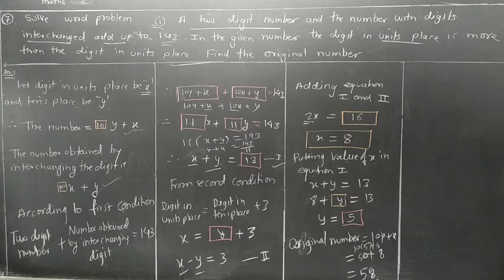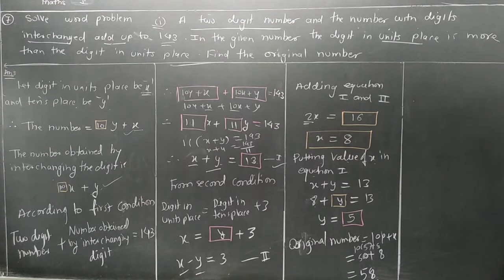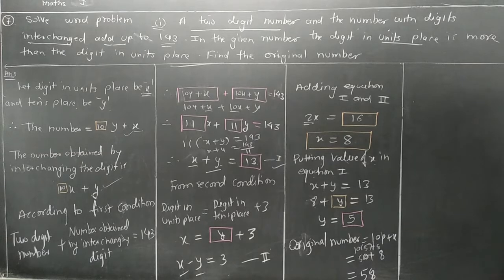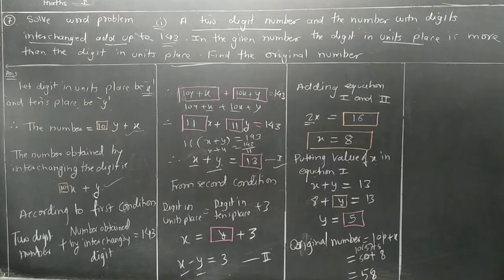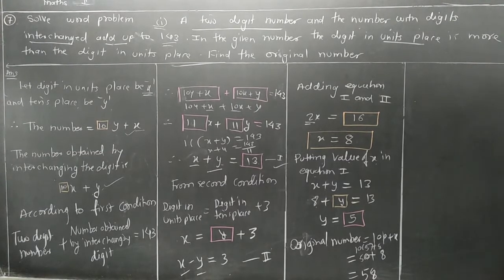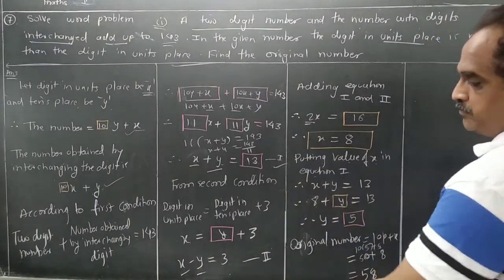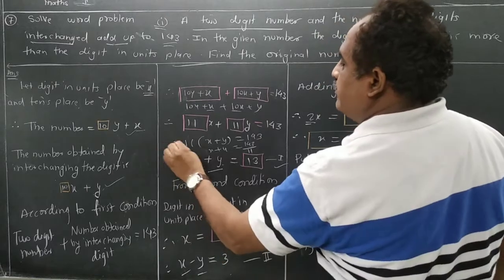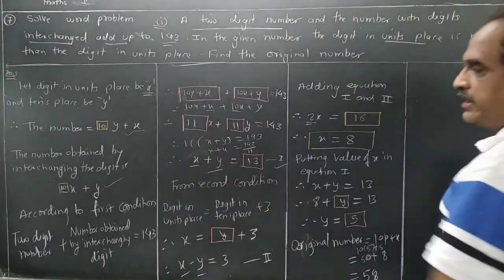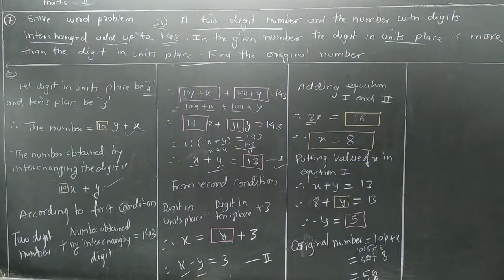I think you understood this. This is an activity-based question. You are going to do it once again. If not, rewind the video and see it once again and comment on it. Watch the signs properly, and in some places you are going to add also. Don't take tension for it. Comment on it.